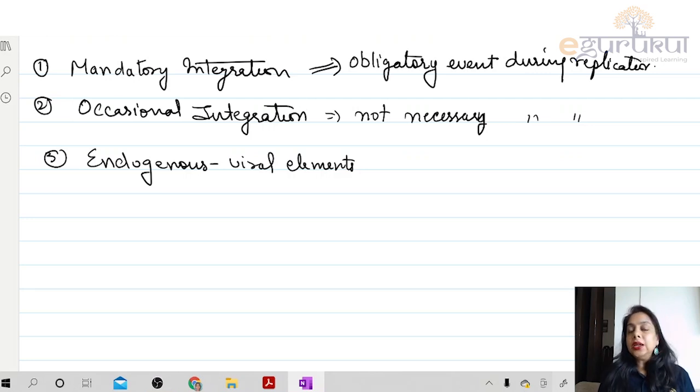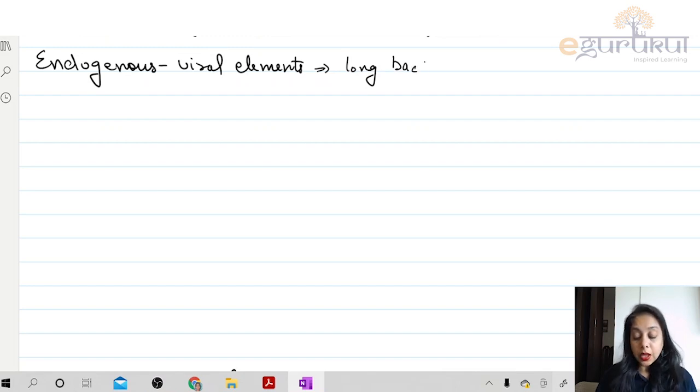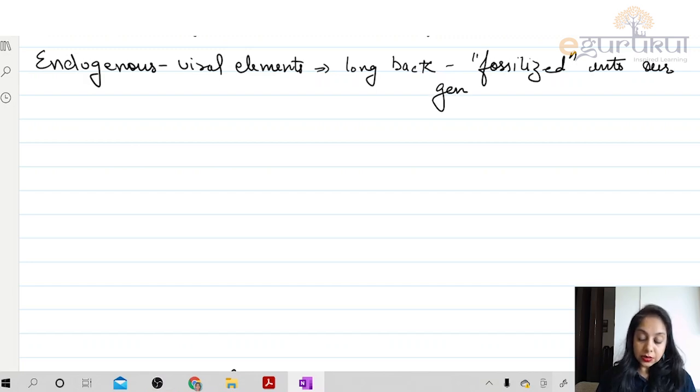This example is, again, not an area of our discussion, but maybe for those who are working in gene technology, gene therapy, or trying to find antibiotics, they do study this in depth. Our major concern is the endogenous viral elements, and these endogenous viral elements integrated long back, or you can say they have now fossilized into our genes, or more specifically, the host genes, right? Sometimes this process of integration can be rare, or you can say accidental,